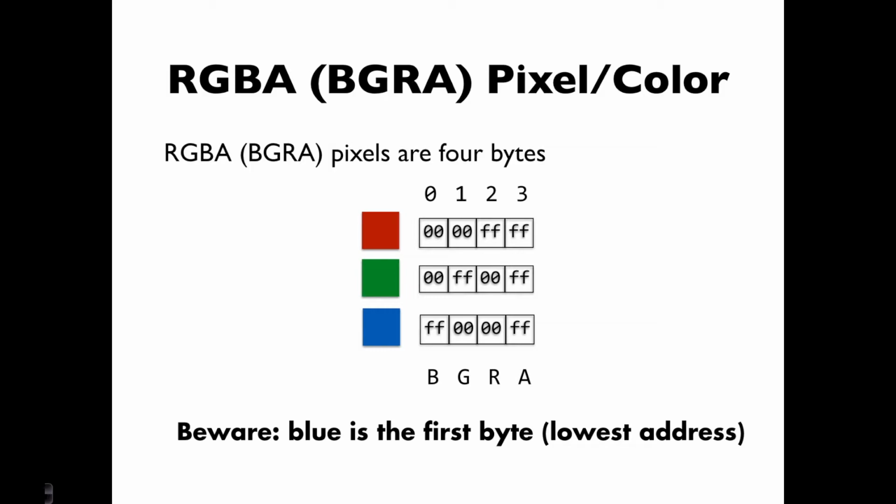What that's all about is little endian versus big endian. If you look at the first byte in our number, it's going to be the blue byte. The second byte is green, the third byte is red, the fourth one is alpha. If I read this out as a number, it would come out reversed, which would be the RGBA. So if you read the number out and look at it, it will be backwards from what you're expecting. If you read 1 byte at a time, it will be the